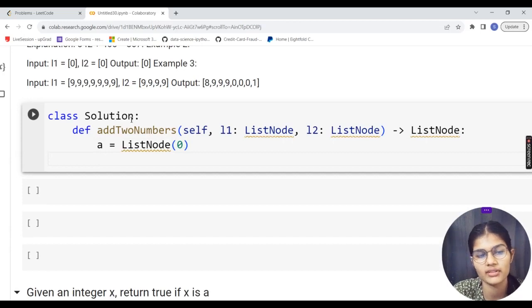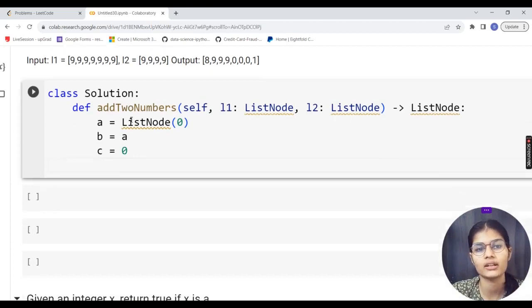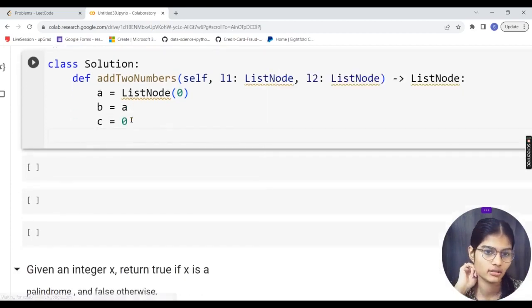Right now the ListNode is having just 0. Let's say I have the variable b and I am assigning the value of a to it, and I have one more variable, c, which I am simply assigning as 0. Fine, I just defined 3 variables and assigned them different values.